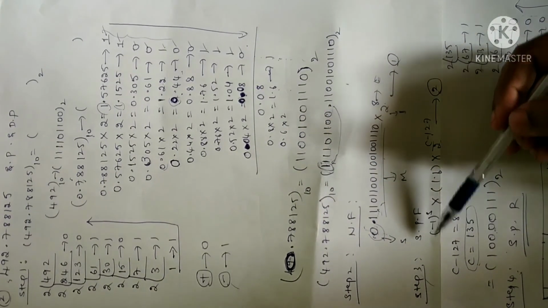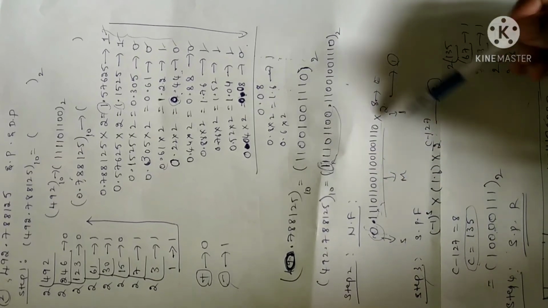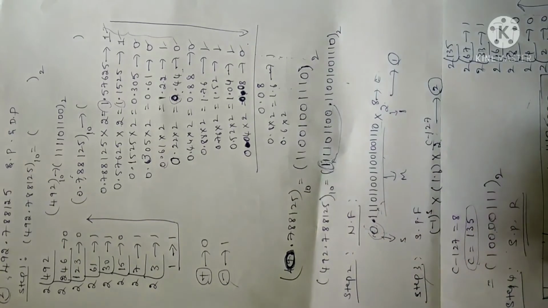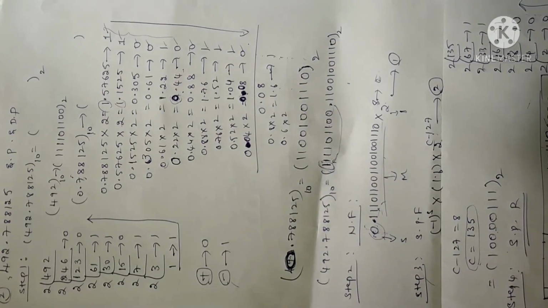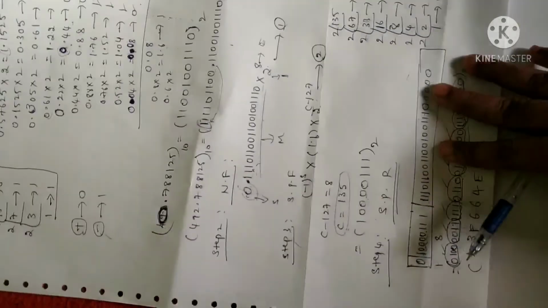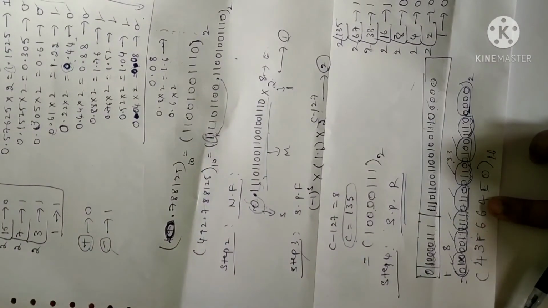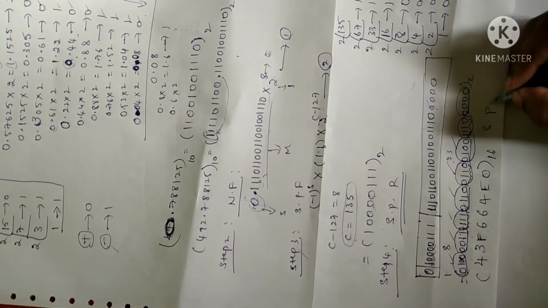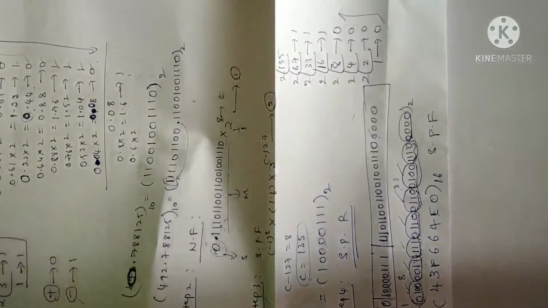Next step, single precision format: you write down and compare the exponential value, convert that value in terms of binary. Next fill in the standard format, and at last you can convert it in terms of equivalent hexadecimal number. So for this particular problem, this is the equivalent hexadecimal number in single precision format. Remember, it is for single precision format. Clear?